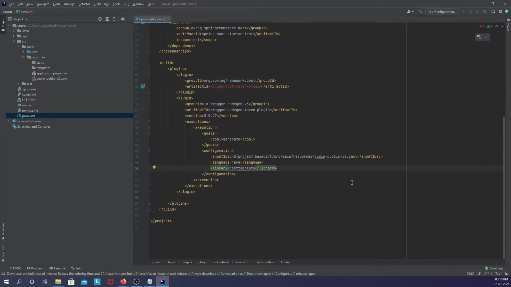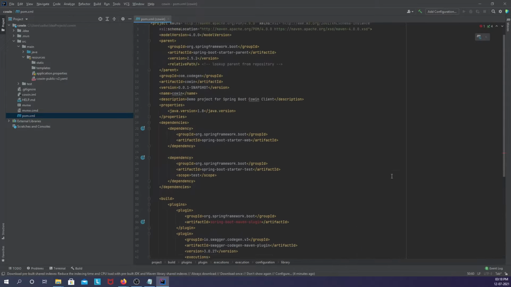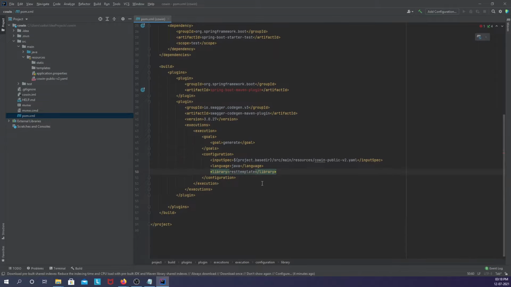Now we will issue the clean install that should generate the necessary dependencies. Along with the dependencies, it will also run the CodeGen Maven plugin and generate the API endpoints and the API client for each of the APIs.